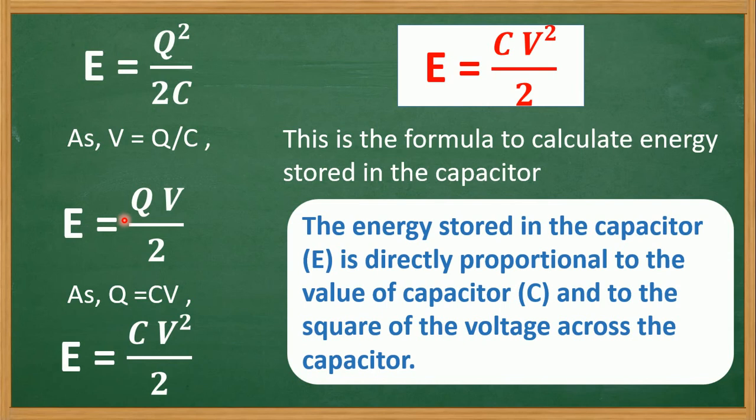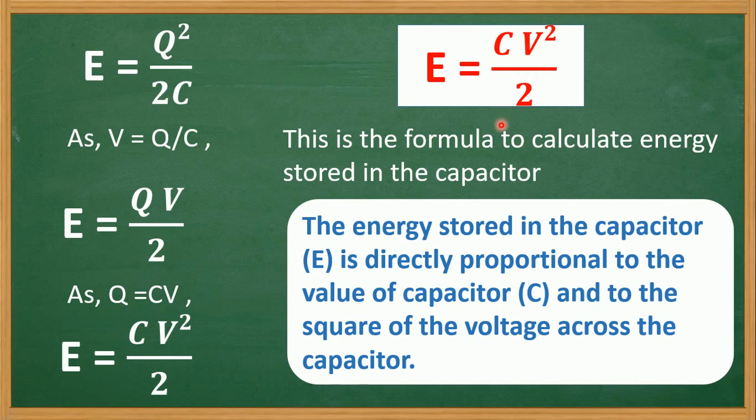It means that the higher the value of capacitance of a capacitor, the higher the energy stored in the capacitor. And if we increase the voltage across the capacitor, then the charge accumulating across the capacitor will go on increasing, and the energy of the capacitor will ultimately grow. So the energy of a capacitor depends on the capacitance of the capacitor and the potential difference applied across the capacitor.